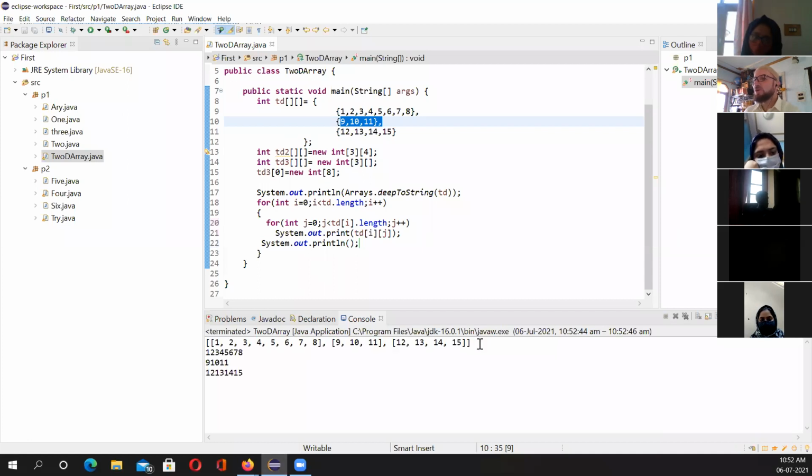ये वाला Arrays dot toString ने किया और ये वाला हमने किया। इसको हम थोड़ी स्पेस डालेंगे यहाँ पे, हम स्पेस डालेंगे।